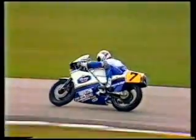And certainly in the past couple of years, oh dear, a nasty moment there for Wayne Gardner, Peter. Yes, he got the power on really hard there, and the front end lifted, and he got the front wheel a little bit crossed as it came down, so it kicked